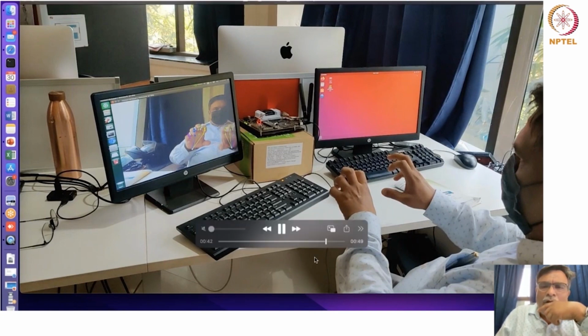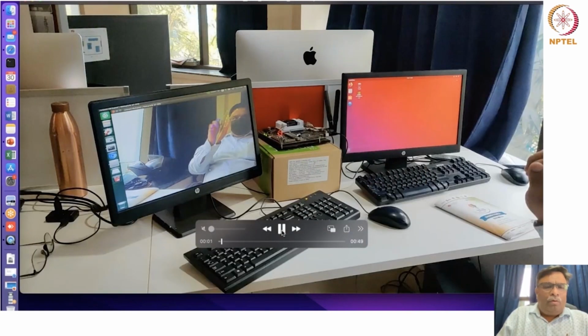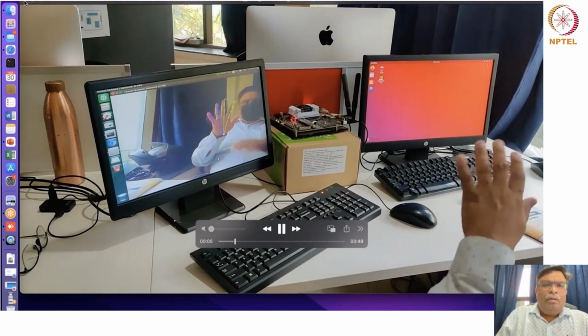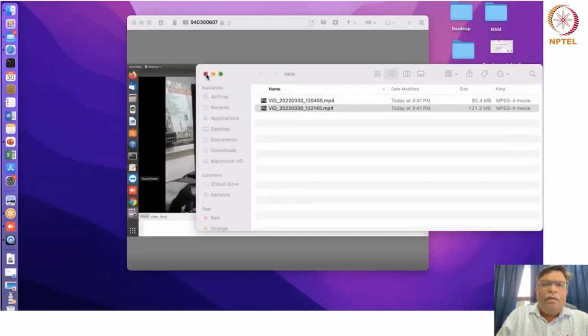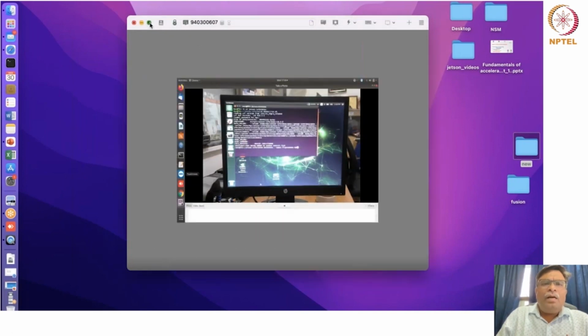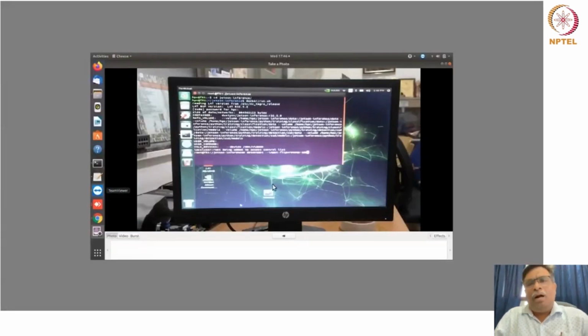I suppose it got stuck or something, but yeah, something like this. So let me just try to run it, and one minute. Yes, so if you can see the monitor, which basically is connected to the Jetson TX1,